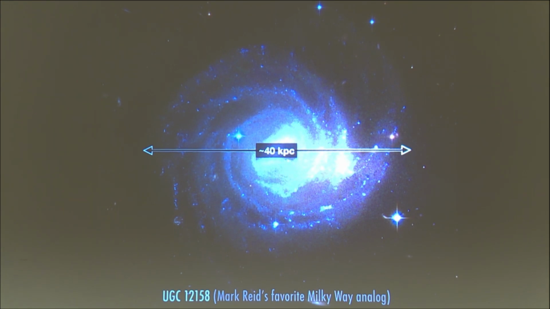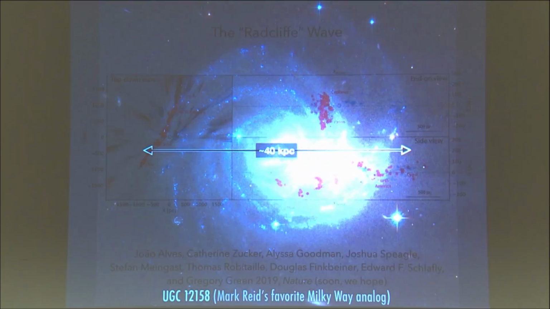If Eve were here, we would talk more about the spurs and feathers that she discovered long ago. But it turns out there's structure that aren't even just these feathers off of the spiral arm, but all kinds of webby structure between the arms in numerical simulations. And observationally, it's really hard when you're in the disk of something like that to tell the difference between something that's in an arm and sort of tilted or between an arm. And even if there are arms in some cases. But just for reference, the diameter of that galaxy is about 40 kiloparsecs, so not too different from the Milky Way.